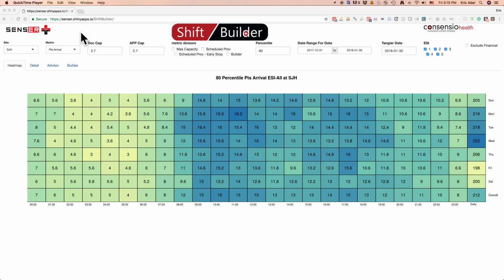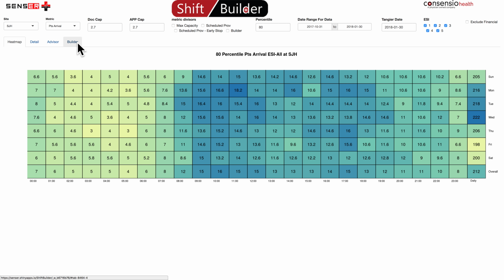This is an introduction to the basics of ShiftBuilder. ShiftBuilder is a web-based application that's designed to help you come up with the best staffing grid for your particular site. In a separate video, I'll go over the process of how to actually use this application to accomplish this task. In this video, I'll talk only about the basics, meaning what are all the tabs for, what do they show, what do the numbers mean, what are all the knobs and switches, so you're familiar with this web application